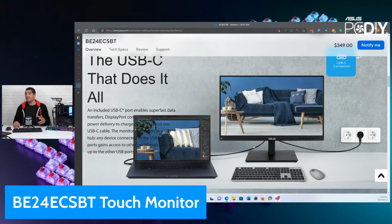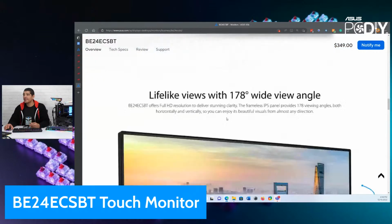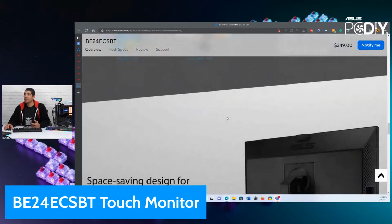Again, having that USB-C gives you that flexibility of being able to connect that to a device and with one single cable be able to power it and then also output the display. This also works really well for being integrated with things like our mini PC systems. These are items that you could mount directly to the back of the monitor